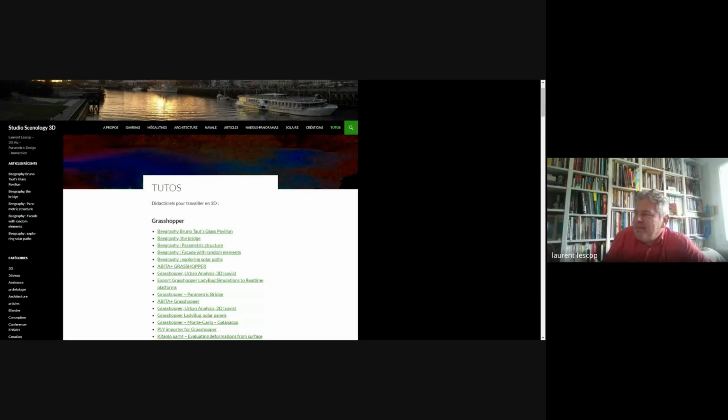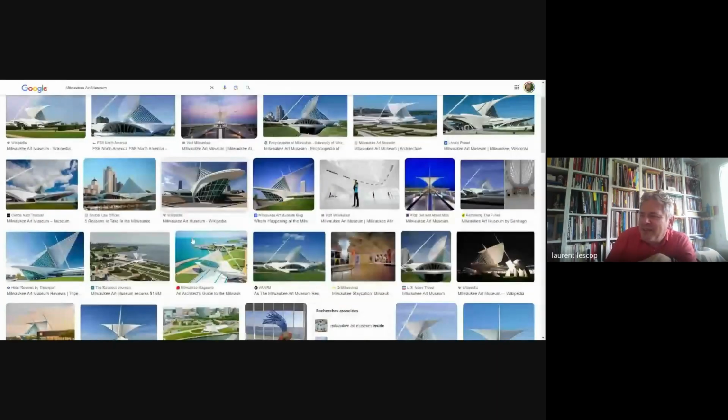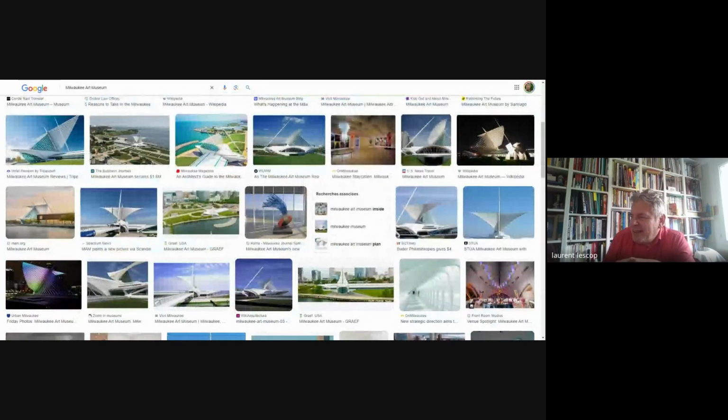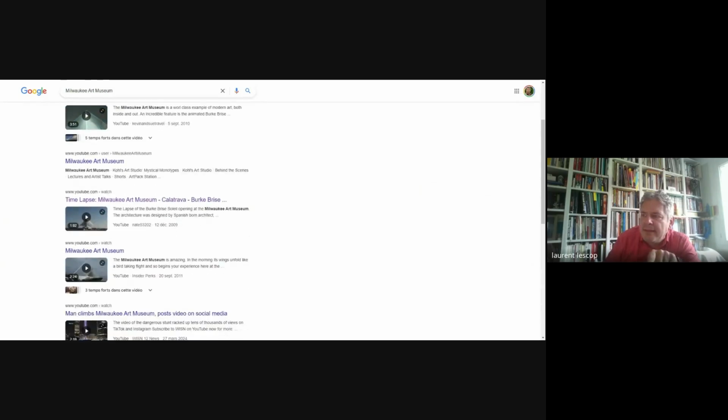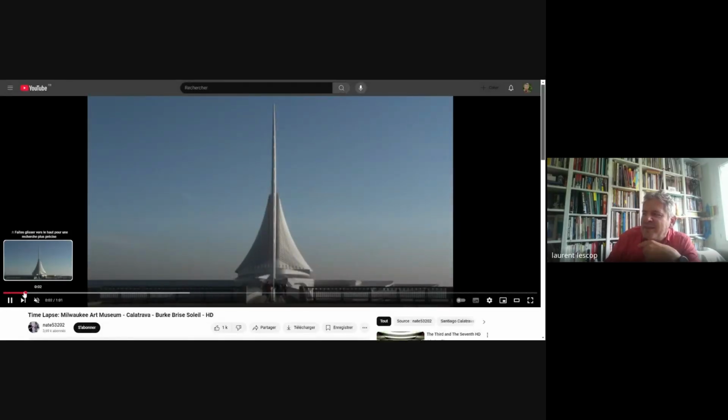So this building has been done by Calatrava, and what is interesting, I will show you the film if it plays. This is the museum that I was talking about. And I was saying that it has been a set for that film, Transformers. You only see the lower part in the film, I think. And what is interesting, so maybe I can jump here without changing the page. Yeah, here. So when you go on site, this is what you see. See, the structure is opening.